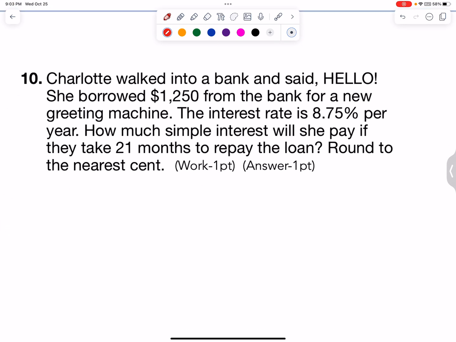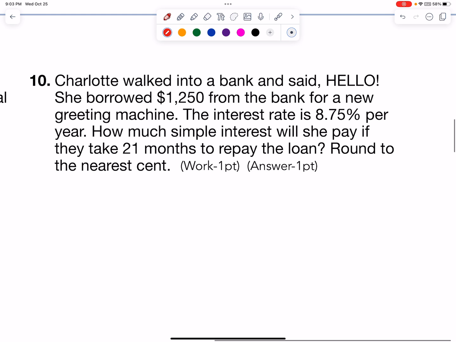All right, let's go ahead to Charlotte. Charlotte walked into a bank and said, hello, because that's how she says hello to me nowadays. She borrowed $1,250 from the bank for a new greeting machine. Okay. I don't know why. It's interesting, huh? The interest rate is 8.75% per year. So let's see how much simple interest she's going to have to pay if she takes 21 months to repay